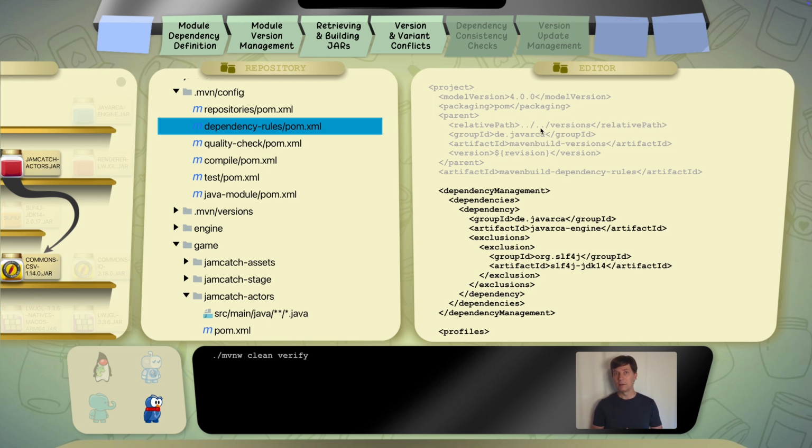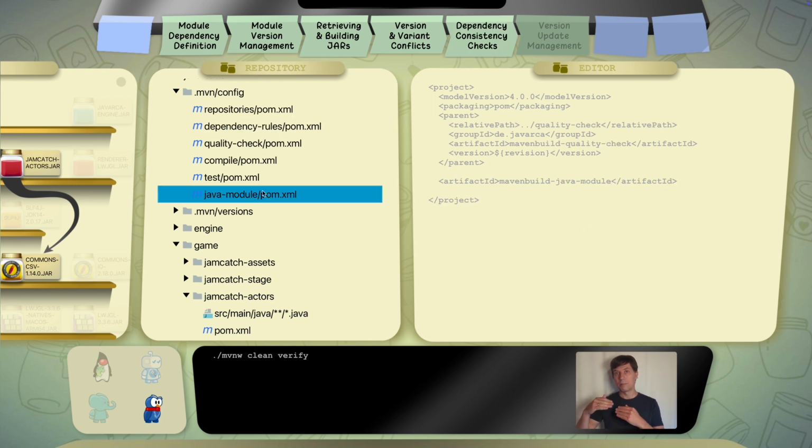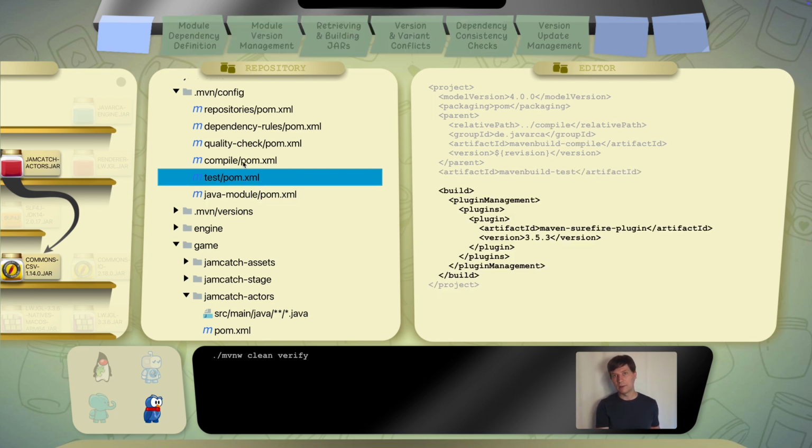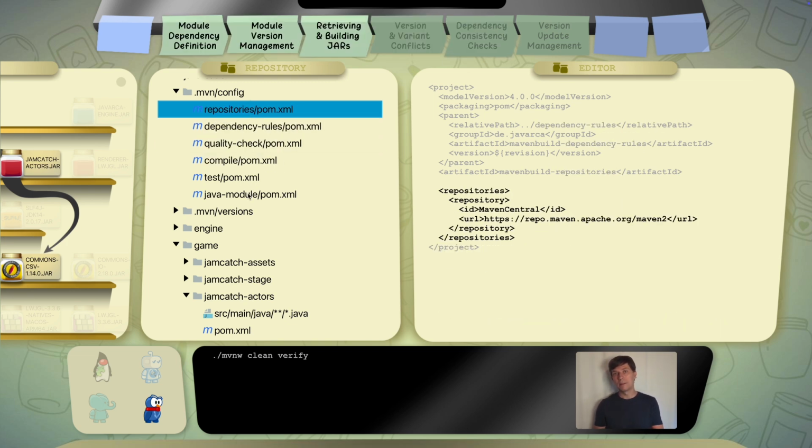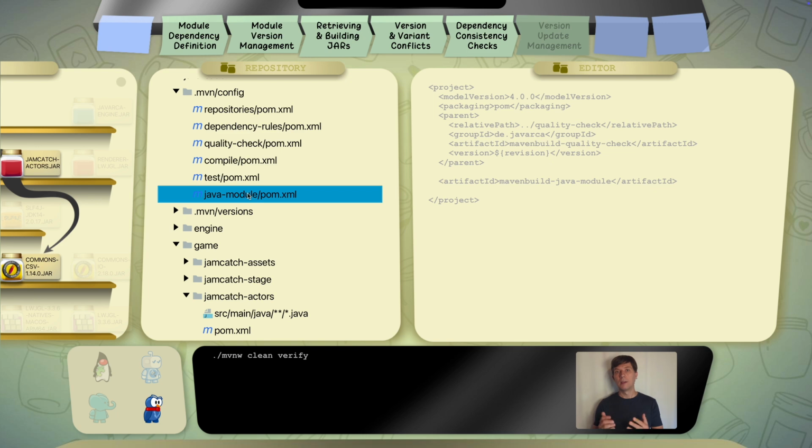Often I see users avoiding this and having a single POM XML and then separating the build concerns by having blocks in a very large XML file, which is also something you can do. It's not exactly putting each concern into a dedicated file, but at least you put all non-dependency management related concerns into one dedicated, well-organized file, which in the context of carefree dependency management is good enough for that aspect.